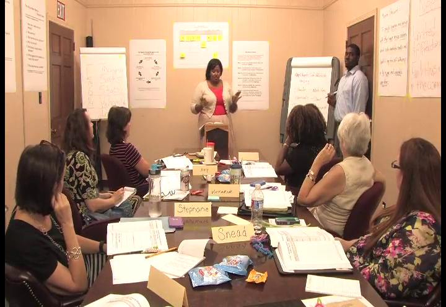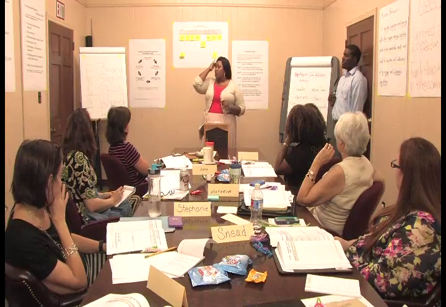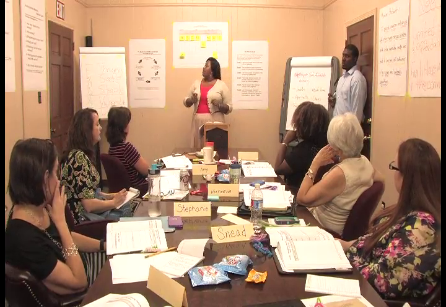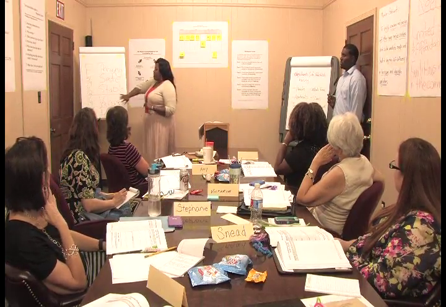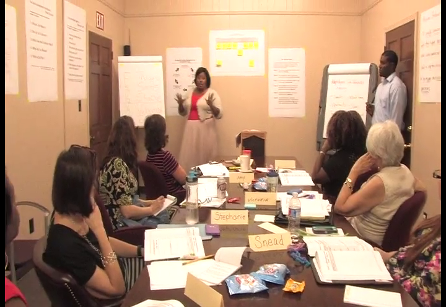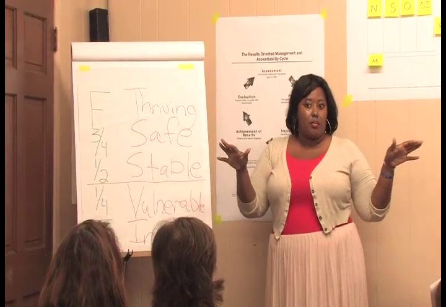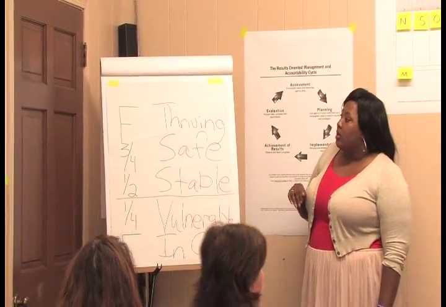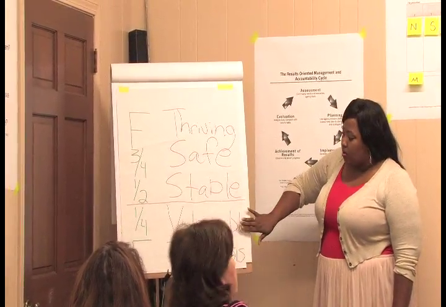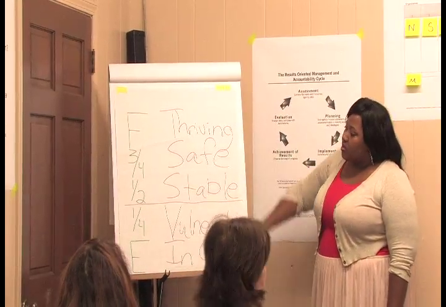Okay. We're developing a housing outcome matrix, and we just went through a gauge of how someone can be in this housing. So a thriving housing situation would be home ownership. That's just an example I'll give you. The range is thriving, safe, stable, vulnerable, and in crisis. So on this range,